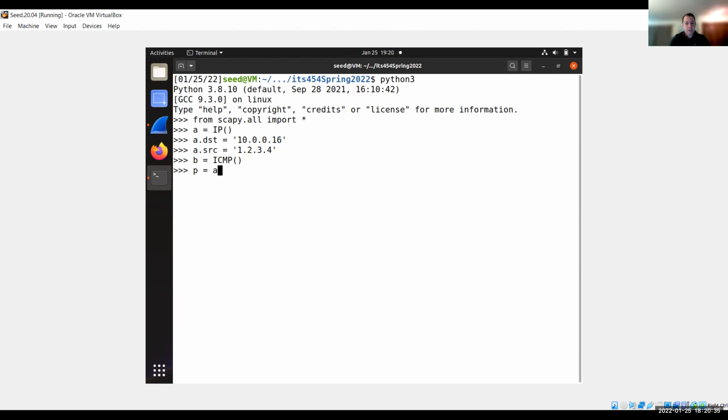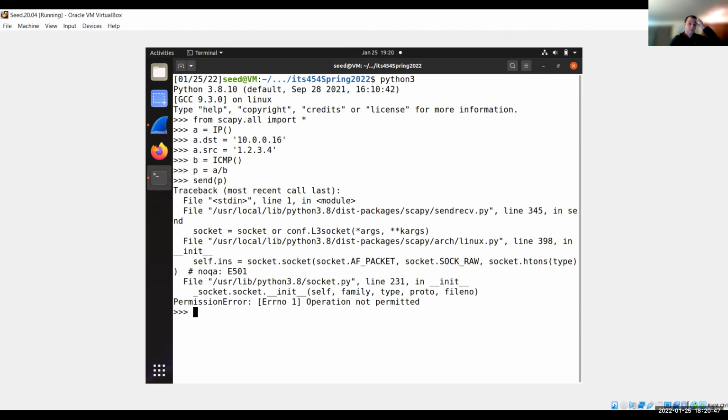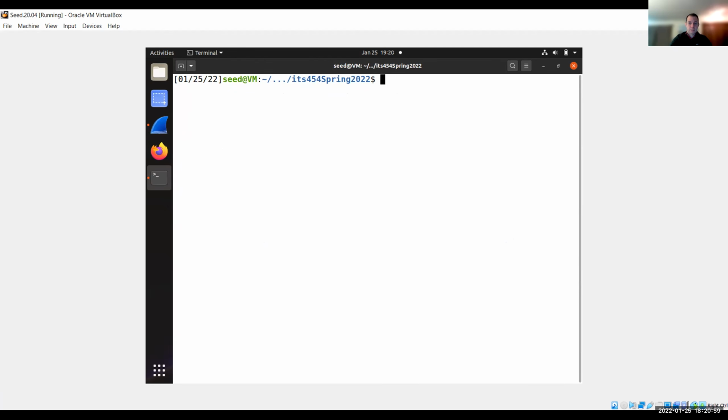And it's going to be A/B. So that's the headers for the packet. There it is. And now I'm going to send it out into the network. So I'm going to send, if it works. And the permission. Forgot. So it's going to be